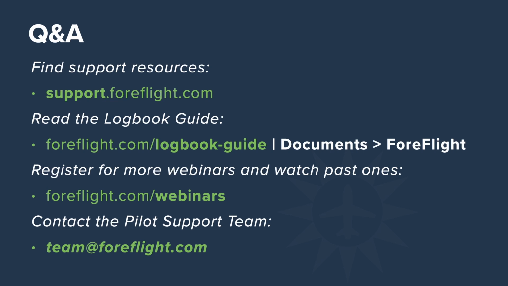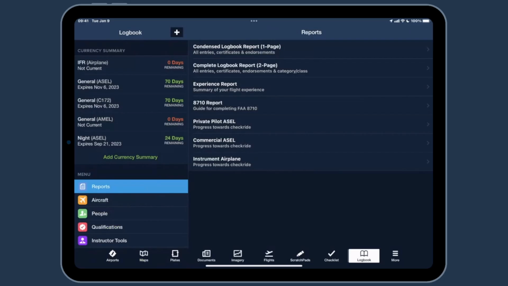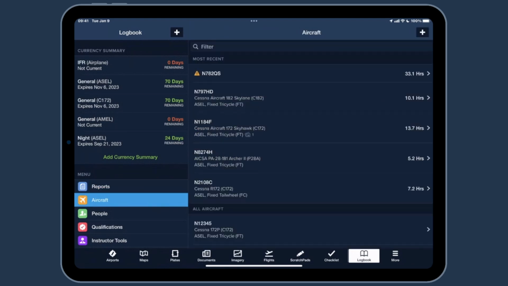Great. Rachel, the next question is also for you. Can you talk about how to log tailwheel time in Logbook? Yeah, I can show you with this iPad here. This is going to be however you set up your aircraft, you've got to make sure you have the right landing gear. So going to your logbook tab and then the aircraft menu,